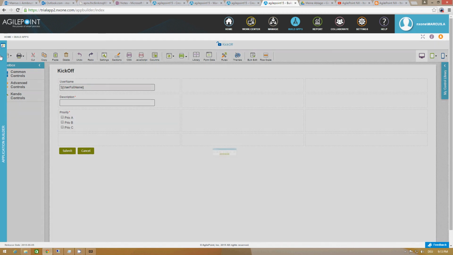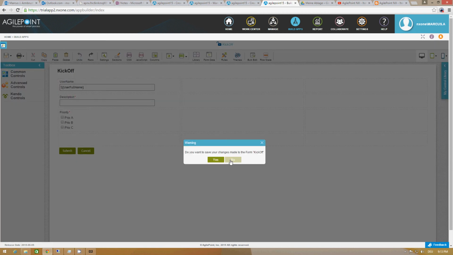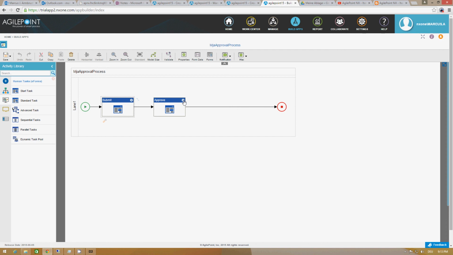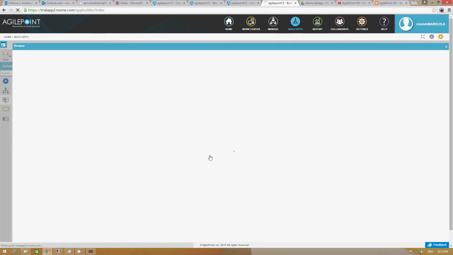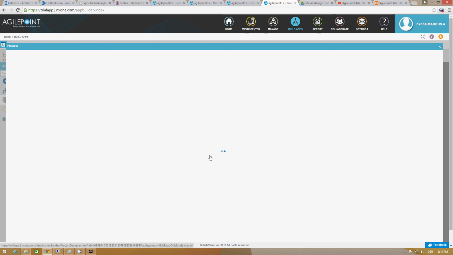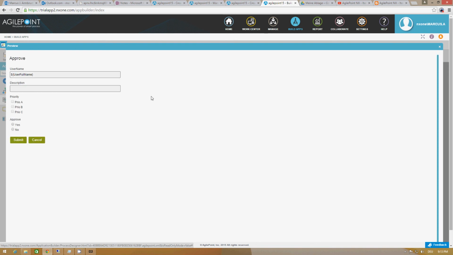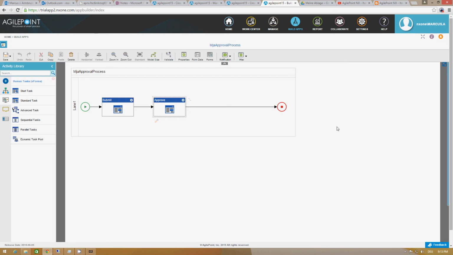Okay, let's go back and look at the other form. I just opened it in the preview. It's just something to approve. Not a big deal, it just shows some basic functionality. I deployed it, and